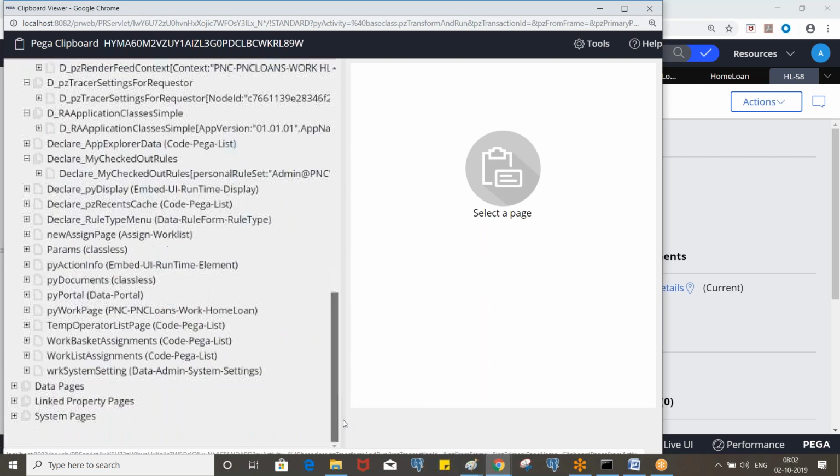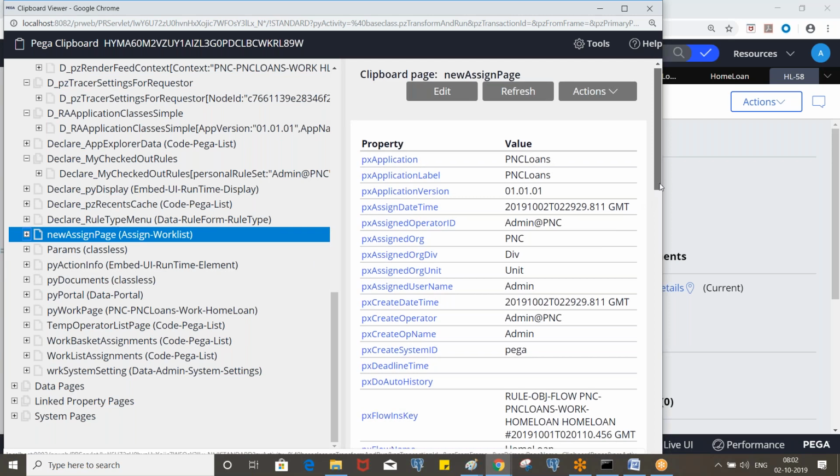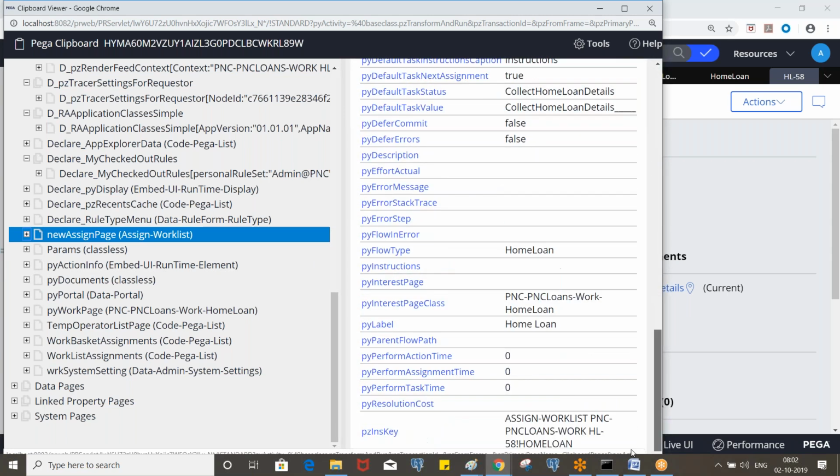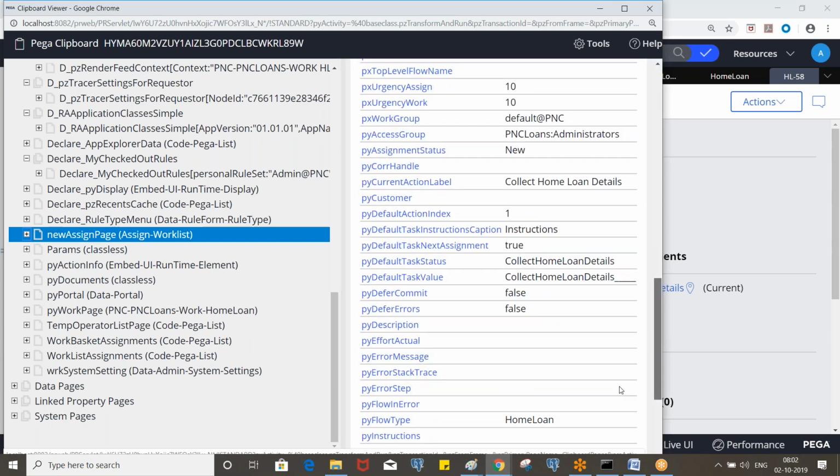If you look at new assign page, py task name something, py default task status. So you can use this condition, new assign page. This is assignment related details.